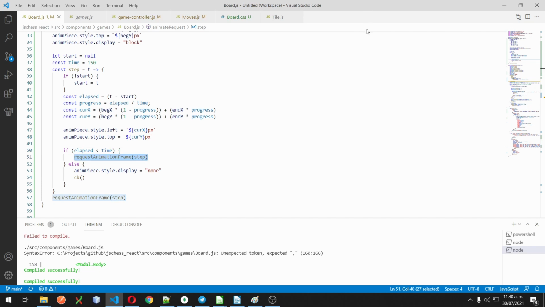This is how easily we can work with request animation frame. It's a good practice to call request animation frame the first time outside, and the next one to call it from the callback function itself. In that way, we are making sure that we are requesting a frame after the frame before that was completed. It's not a good practice to be calling request animation frame in a cycle, for example.